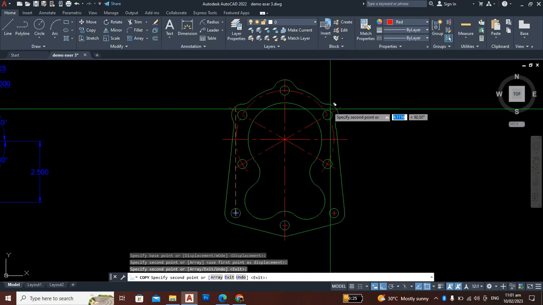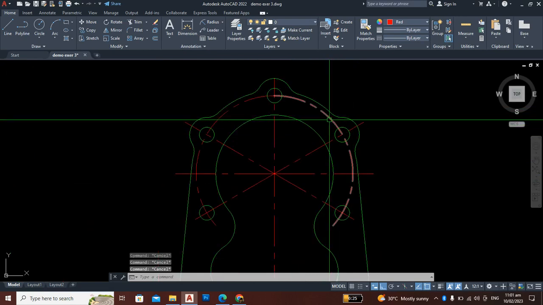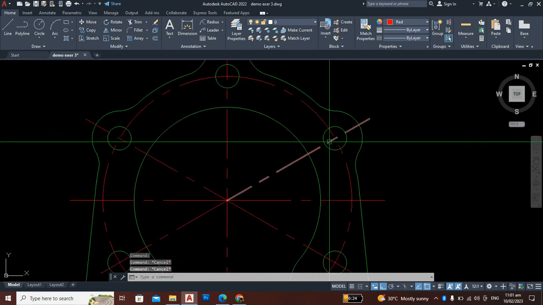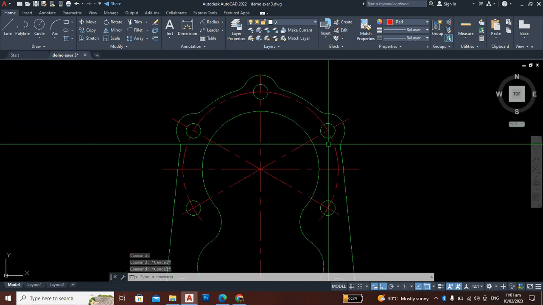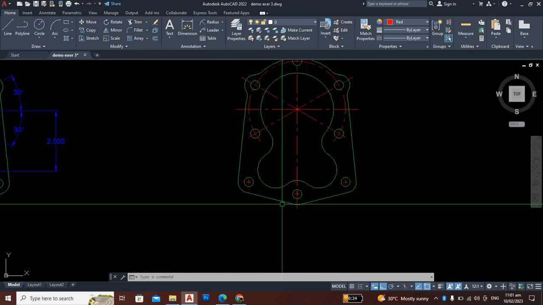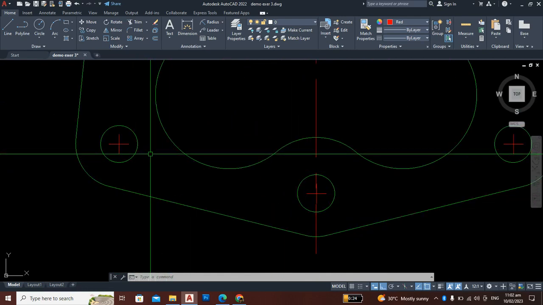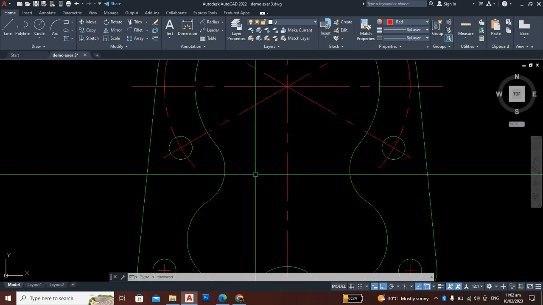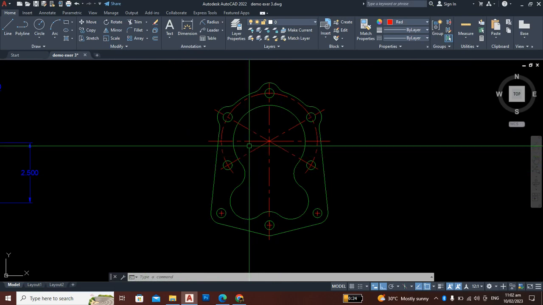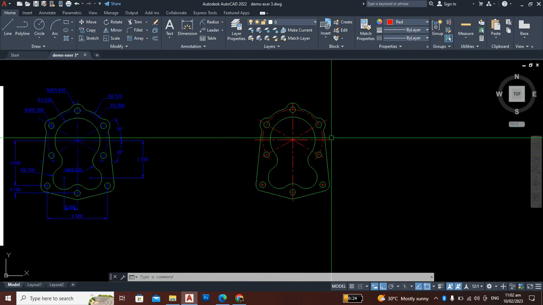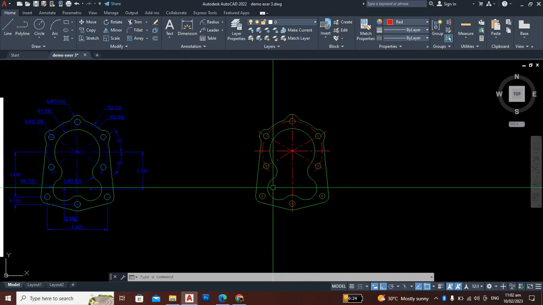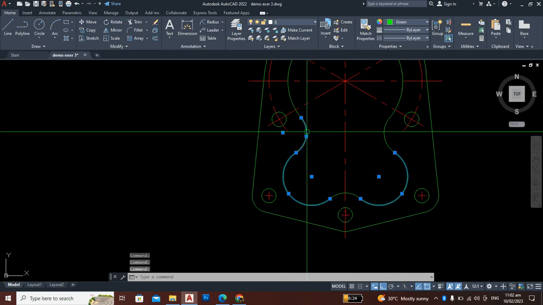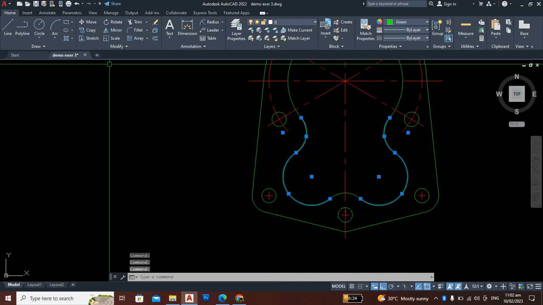Then here no need, because you have this center line and the center line that crosses the diameter of the circle. Because if you put a center mark here, there will be lots of lines that will make it confusing. Okay, next, I will also put a center mark for this circle, this arc, and this arc, and this arc. So just copy, okay,